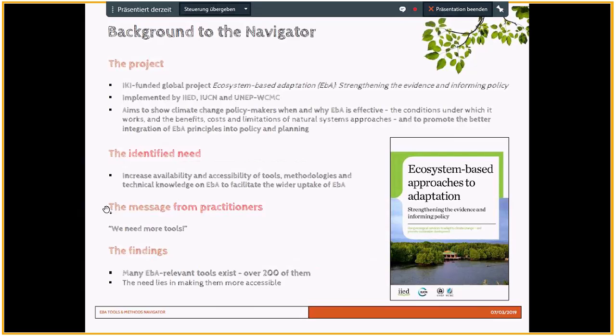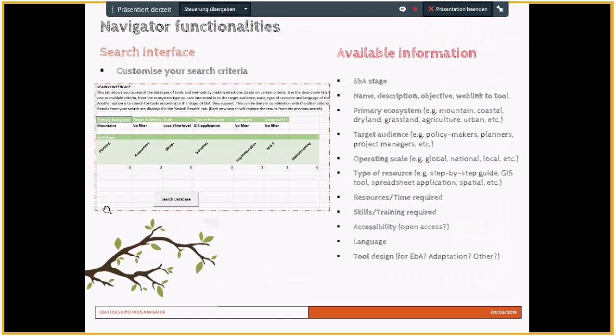However, an initial inventory of tools and approaches for EBA that we did showed that actually many of the tools are already available, and these can help EBA planners and practitioners. In this initial inventory, we found over 200 tools. So the need actually lay in making them more accessible rather than making more tools, which doesn't mean there are no gap areas, just that many tools can be modified rather than starting from scratch.